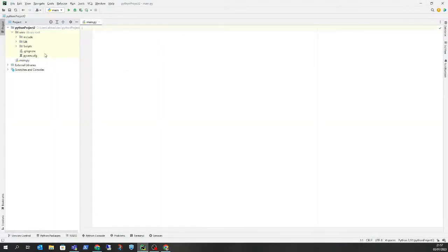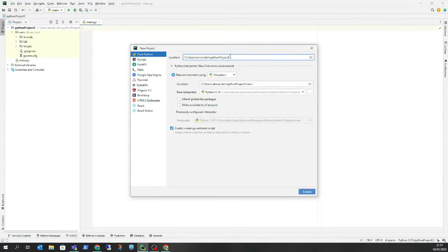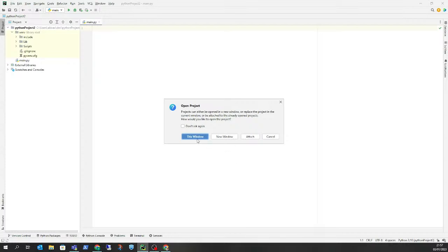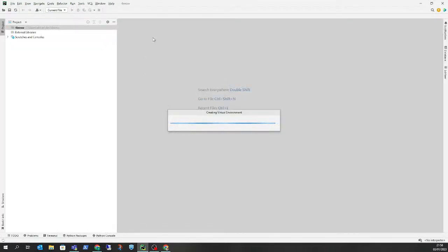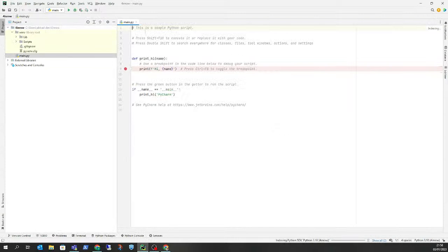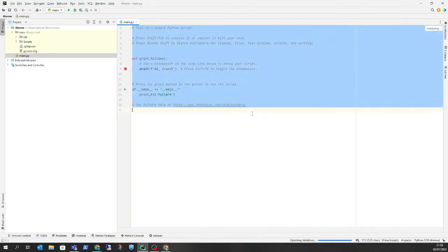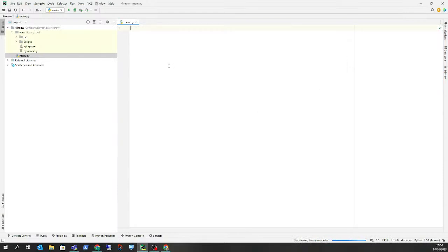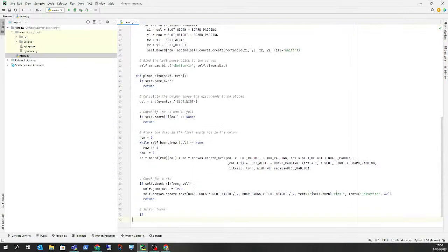We'll open PyCharm here. So what you would like to do is create a new project, call it Python project 3, or just 4 in a row or something like that. We'll create the environment, do everything, don't change it. Just using virtual env is great. Let's open it in this window, and we'll get a main window which prints hi with your name or something, which we can just Control plus A and remove. Let's just paste the code we already copied.